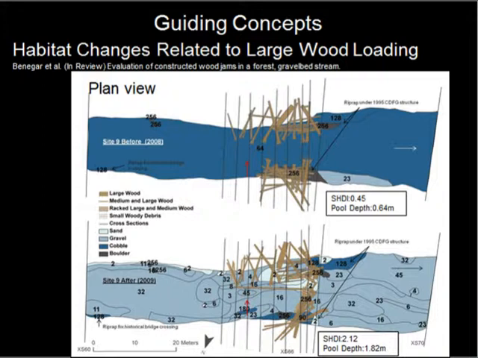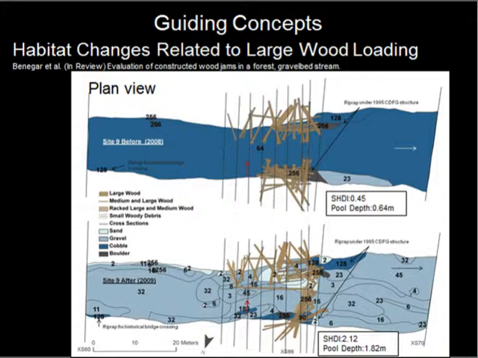And in that study, we mapped facies changes and the effects of wood loading at 9 sites. This is an example of one of those sites. Prior to the wood loading, we had a very homogeneous plane bed condition. The gravel was pretty much D50 of 64 millimeters throughout the reach. And after one winter flow, following the addition of wood, you can see that the facies composition really changed tremendously.